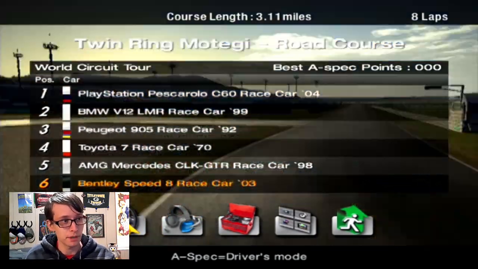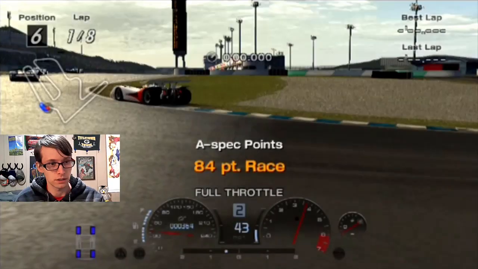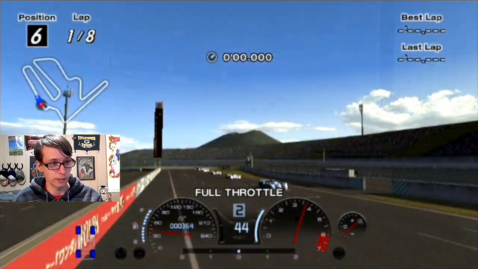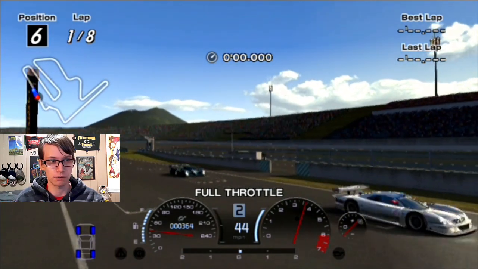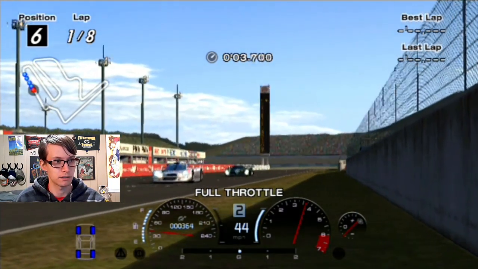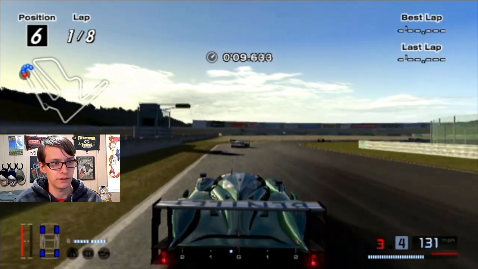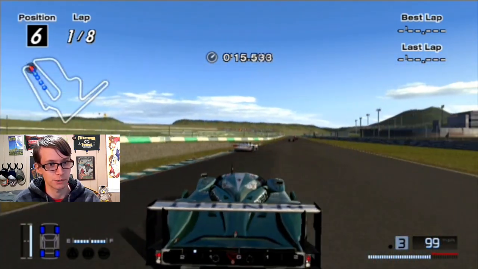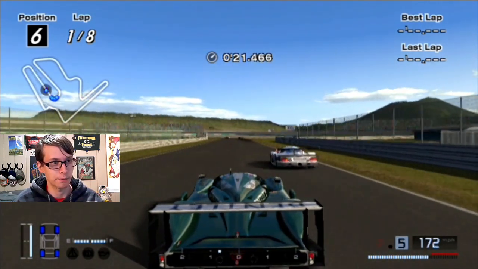Toyota 7 race car ain't very much, but everything here is about the same classification. 84-point race. Nice. I already know that I can win this damn thing. Have we ever raced against the PlayStation Pescarolo race car? I mean, maybe we've raced against the Courage at one point. I know everything else here we've definitely raced against. Yeah, 8 laps. I think this is significantly longer than Suzuka just was, I mean, for me at least. I can shorten it up in the video, but let's see what I can do in this first lap around